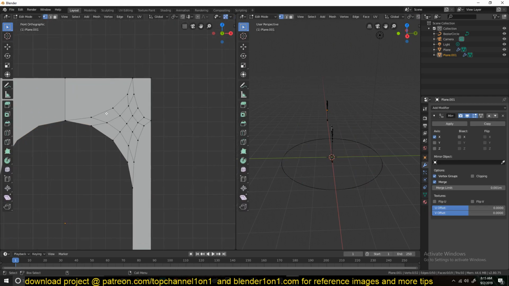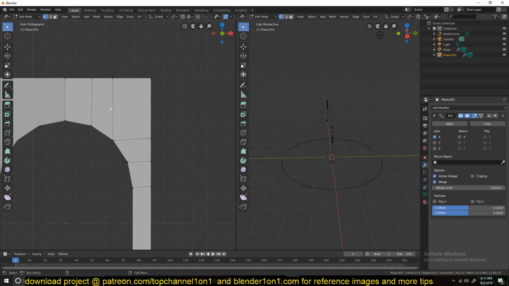And again, I want to have some good quads going on here, so I'll just add a loop cut there. I'm being very rough in my polygons here because this is just a simple tutorial, and I don't want it to be too long, so I'm just going to make some rough cuts here so that I have nearly only quads where possible. I think I can get rid of those, and also